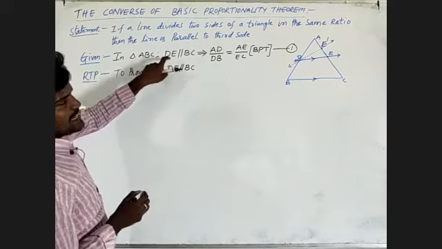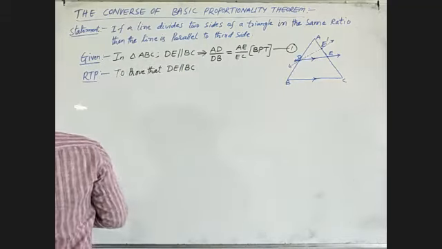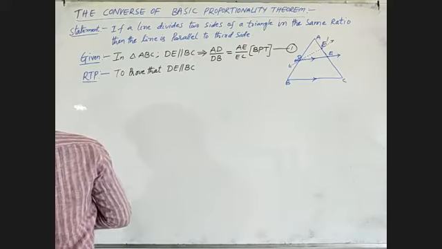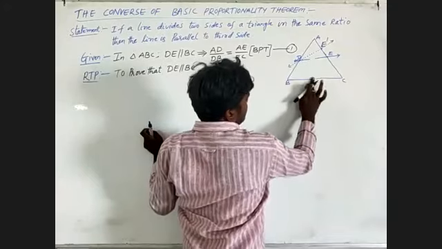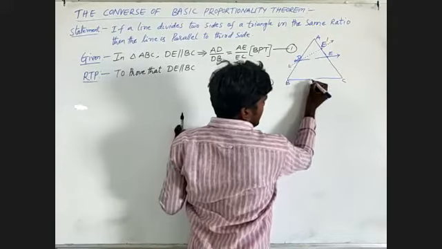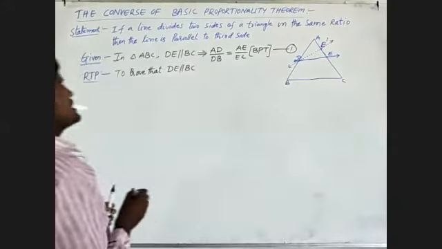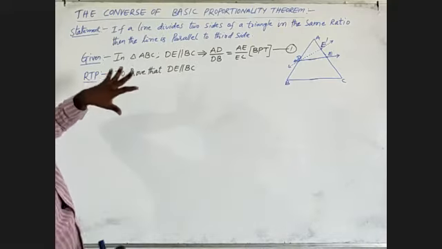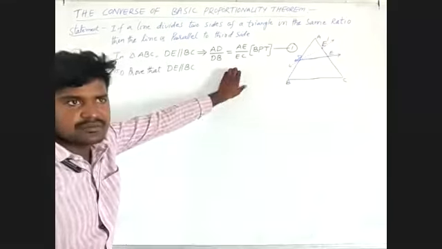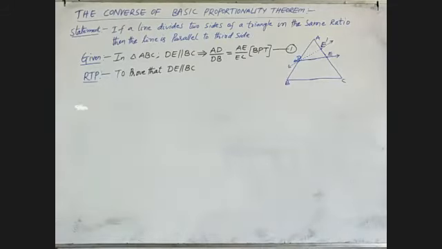In triangle ABC, we will take this one, that is DE is parallel to BC. We have to prove these are parallel. If it is parallel we use that symbol, when it is not parallel we do not use this symbol. In triangle ABC, let DE be parallel to BC, then it satisfies the given condition. To prove that DE is parallel to BC. Now I am going to prove.